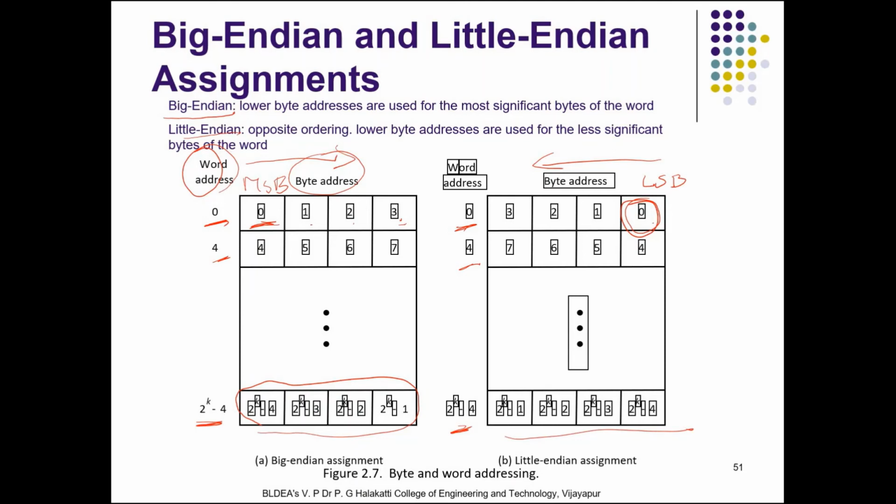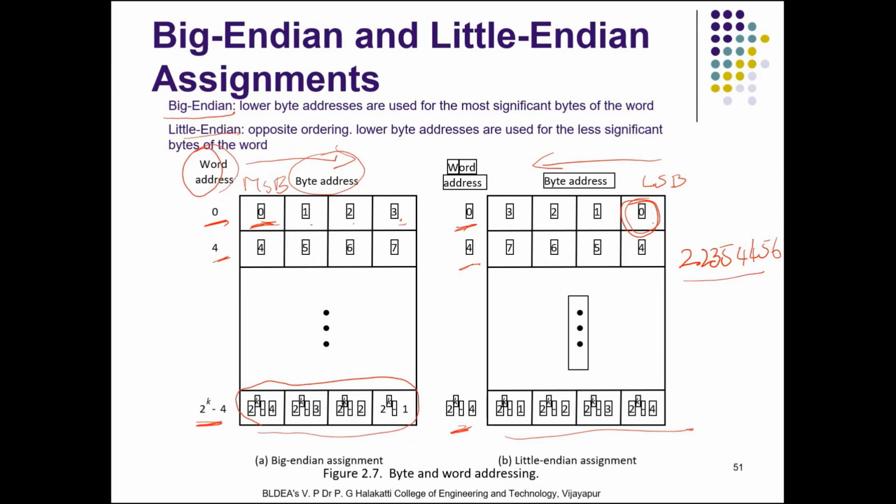Okay. Now let's take one example. Say I am going to take an example: we have some data, let's say it is 2235444456. Okay, some number, which is 4 bytes, or say it is 32-bit data. Now how is this 32-bit data going to be stored in both the assignments, let's have a look.